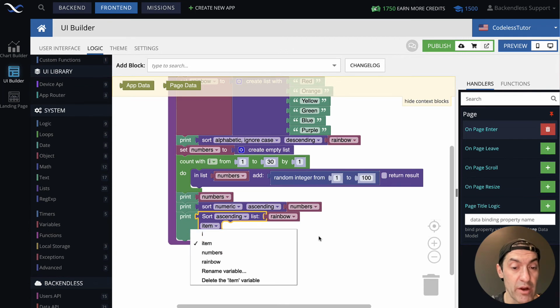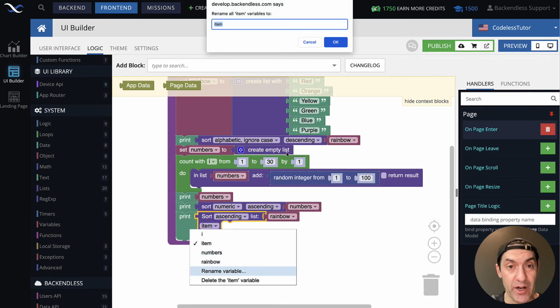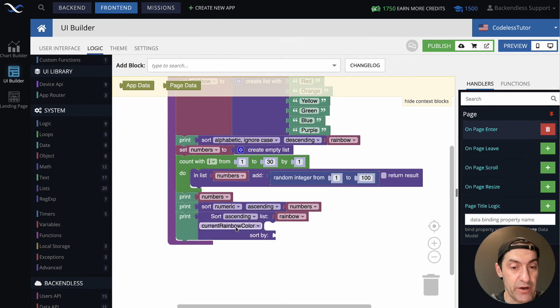Or if you want to rename this item to something else, like for instance, rename variable, and we can say current rainbow color. Then you get the actual current color with the current rainbow color variable. So the sort by connector is used to identify the actual quality, to instruct sort where it will basically be placed.